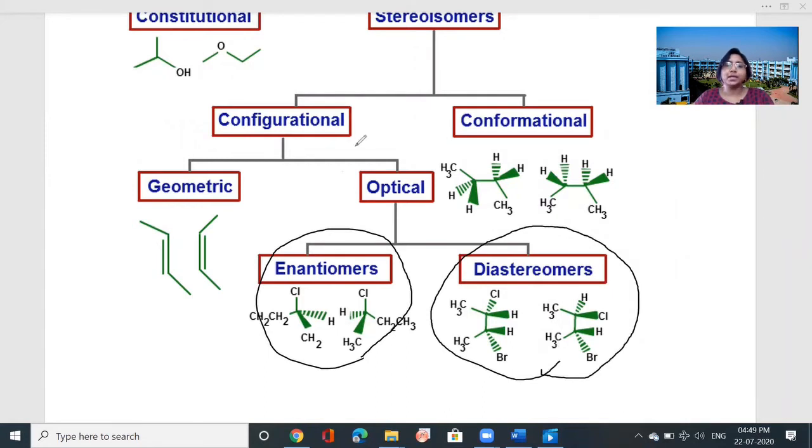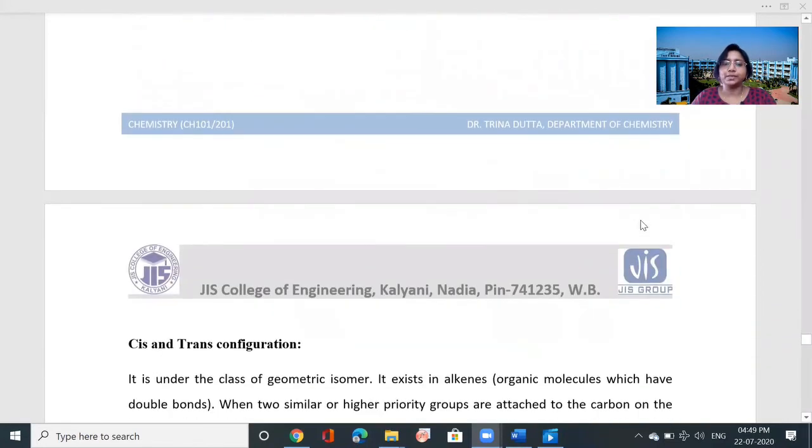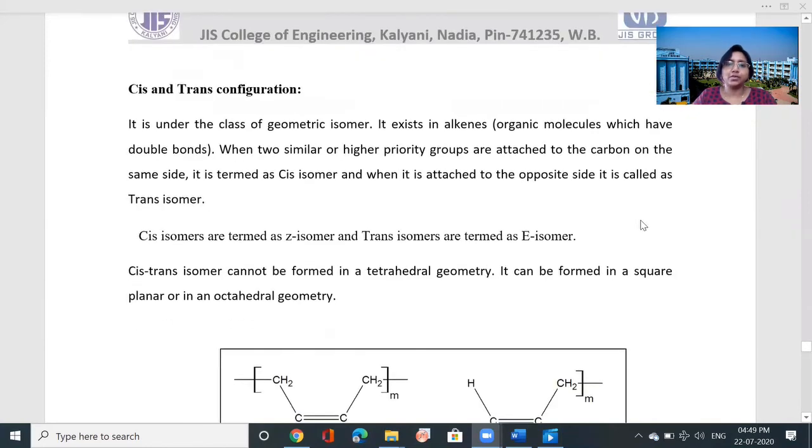And another is the geometric isomers, the configurational ones. So I will tell about the cis isomers and the trans isomers. They are the geometric isomers. So cis and trans configuration is under the class of geometric isomers. It exists in alkenes, organic molecules which have double bonds. When two similar or higher priority groups are attached to the carbons on the same side,